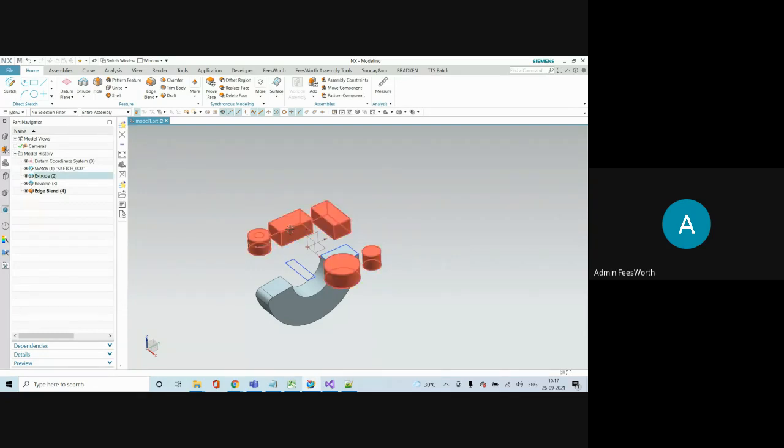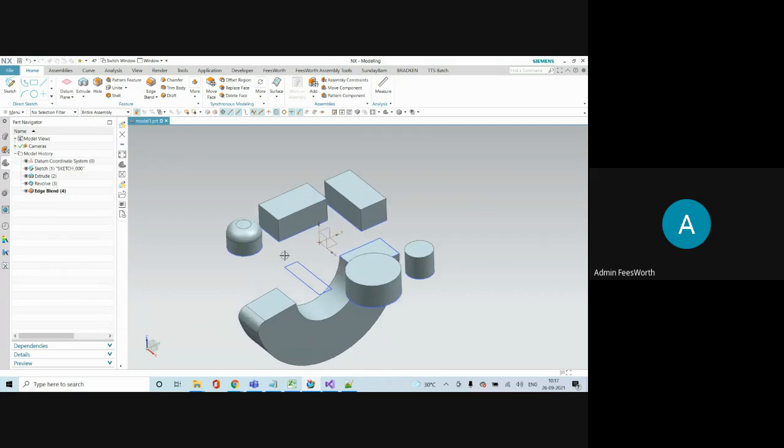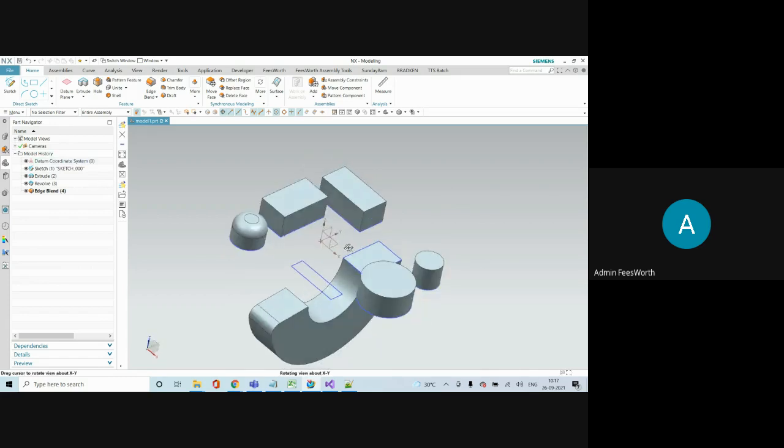So what you can do in practice, this is a very simple one, but during the training you will come to know. In case of a very complex part, I want to know how many fillets have radius less than 1, or radius less than 0.5, or radius exactly 0.32, or more than 0.32, less than 0.32. Those fillets I want to delete or suppress or change the color, highlight it so that I can take some decision on that.